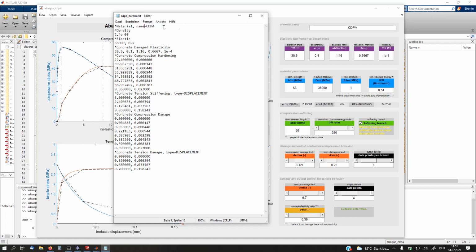We have a material called CDPA. We have the density of 2.4E-9 tons per cubic millimeter. We have the elastic parameters of